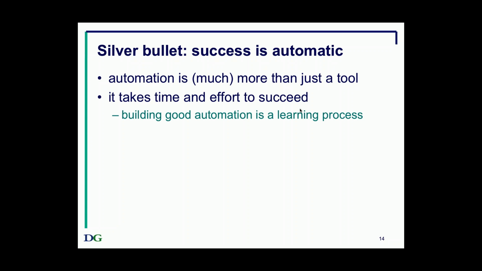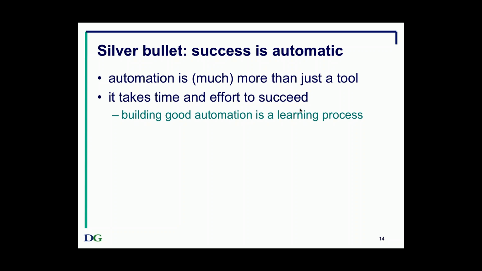I mean, if you think back to anything that you've done for the first time, your first effort is not your best, right? Whether it's learning to ski or any new hobby you take up, the more you do it, the more practice you get, the better you get at it. But that means your first efforts are not good. And it's important to realize that and to know that automation is a learning process and that you do need to continue to grow it and to build it better as time goes on.